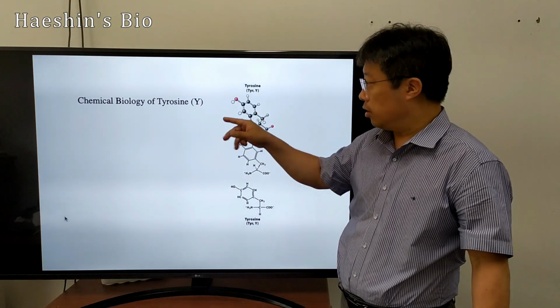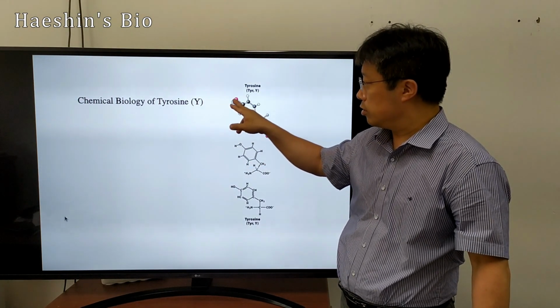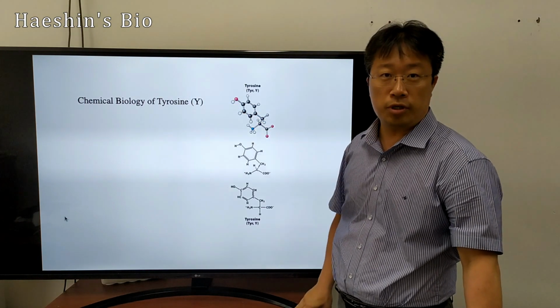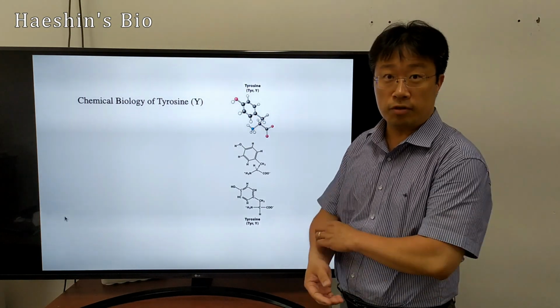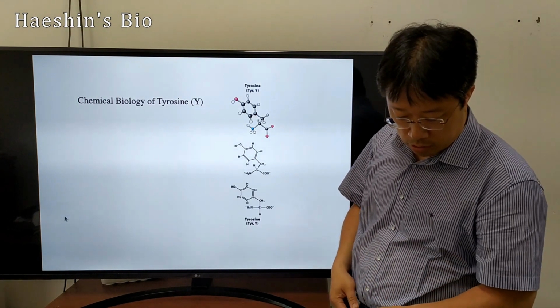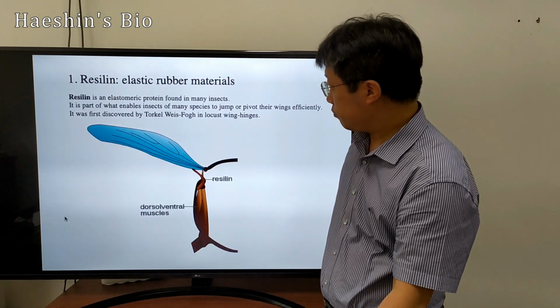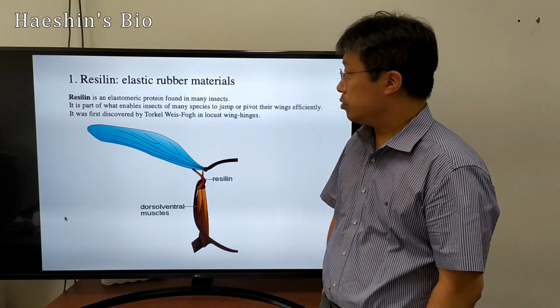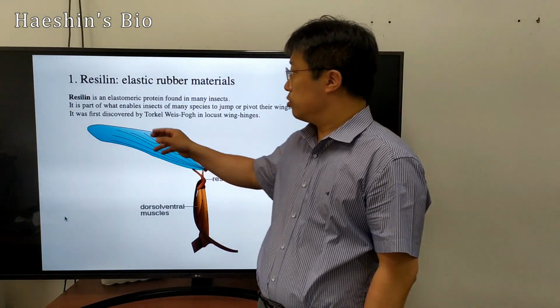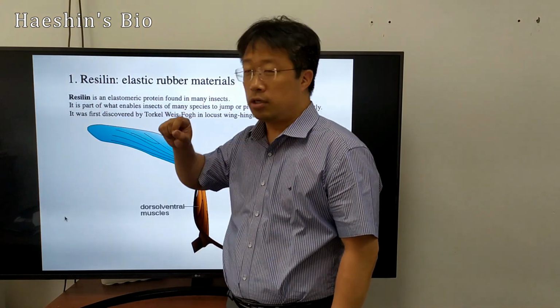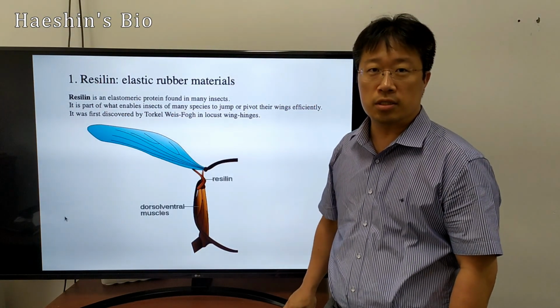Actually, in real protein chemistry, deprotonated tyrosine is found in many different systems in proteins. So let's go one by one. The first one is resilin. This is the term resilience, which is